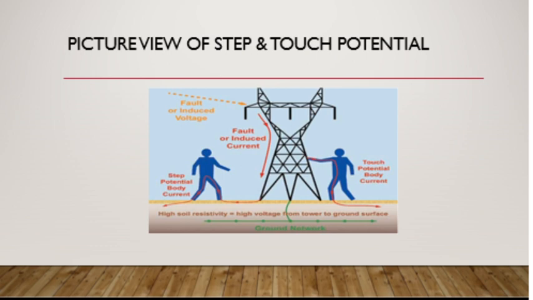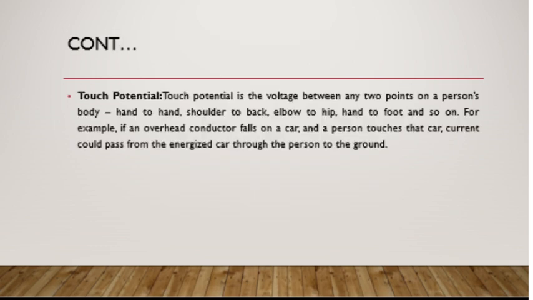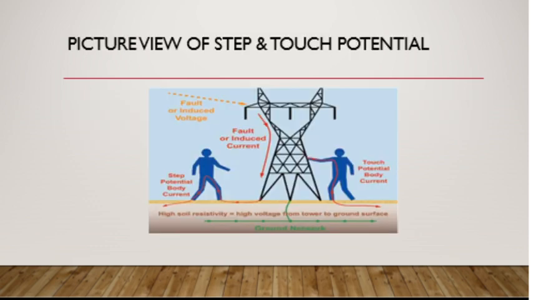Okay, moving back, we have to discuss the touch potential also. Again, we will be studying that word by word. Touch potential is the voltage between any 2 points on a person's body, hand to hand. It can be hand to hand, it can be shoulder to back, it can be elbow to hip, it can be hand to foot, and so on. For example, if an overhead conductor falls on a car and a person touches that car, current could pass from the energized car to the person, through the person to the ground. It is very simple. If that particular thing is energized and you are touching it, it is going to take a part of your body. So it is not much required to be explained,